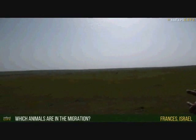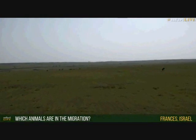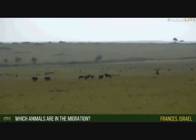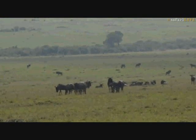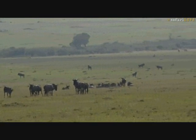Now, Francis, in Israel, Shalom Francis, would like to know what animals make up the migration. Well, the majority of the animals are wildebeest, probably about 1.5 million animals. And the rest are made up by Thompson's gazelle and zebra. So it is quite special to see them all together, and